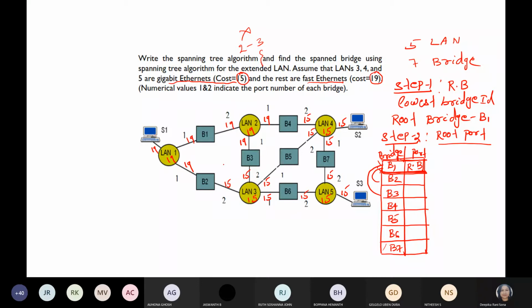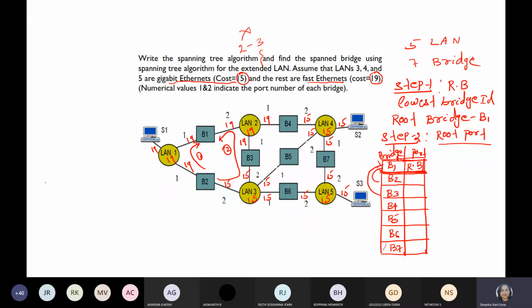Okay, so let's have a look through B2, B2 LAN 1. From B21 LAN 1, we can move through this path, and another path is from this to this. So this is, suppose, path 1 and this is path 2. We have to calculate the cost. So guys, to some extent you have to write the formula like this. Okay, here I am writing.